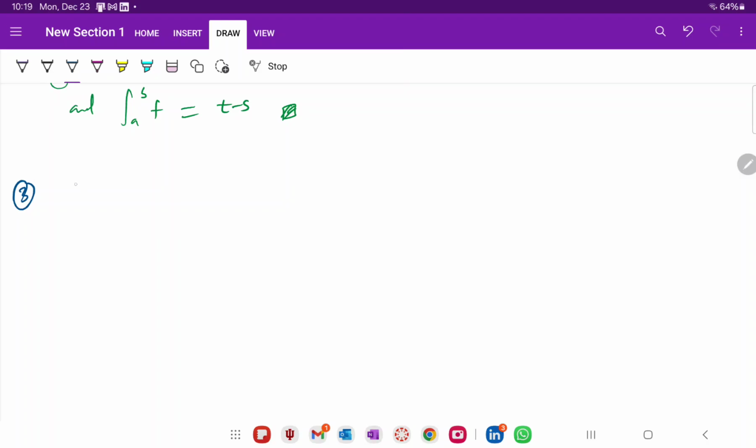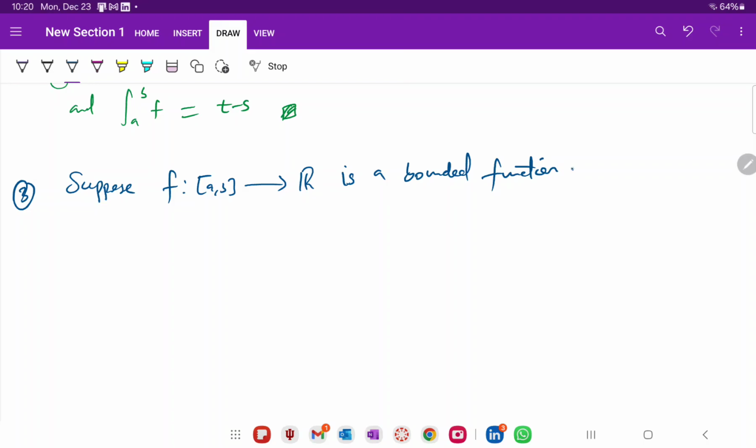Suppose f: [a, b] → R is a bounded function, and you have to prove that f is Riemann integrable if and only if